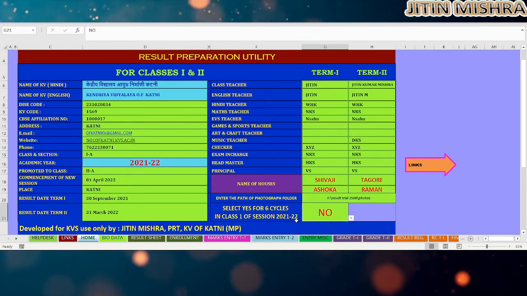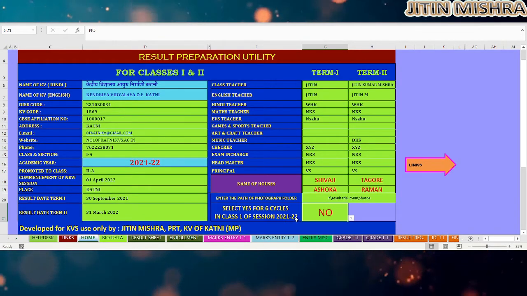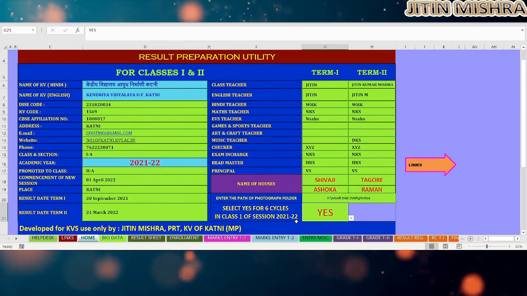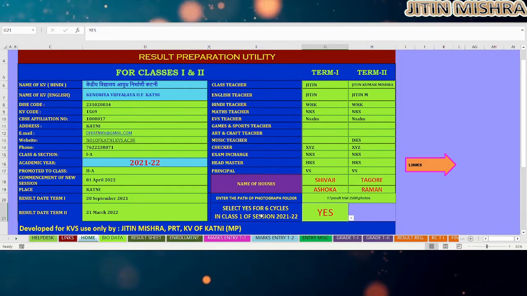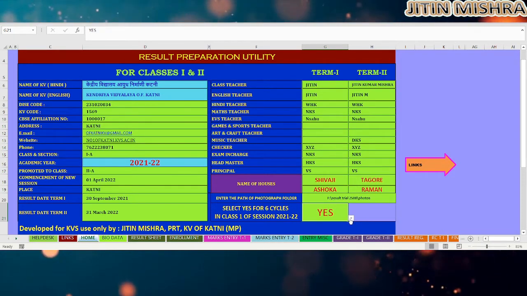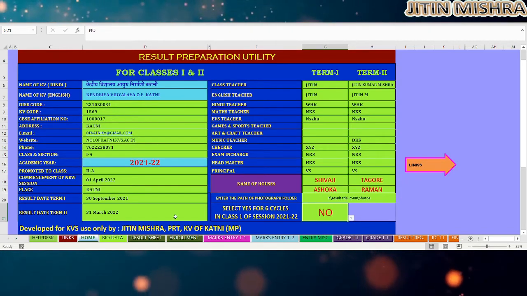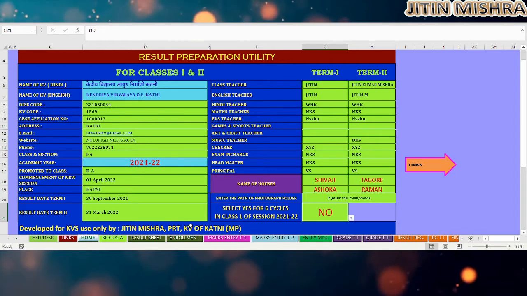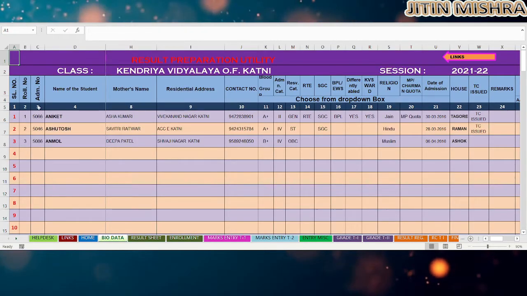So if this is for class 1, then you have to select yes. As you select yes, your software will work for 6 cycles for class 1. If you select no, then it will work for 8 cycles, especially for class 2. As I have made it for class 1, I have to select yes.